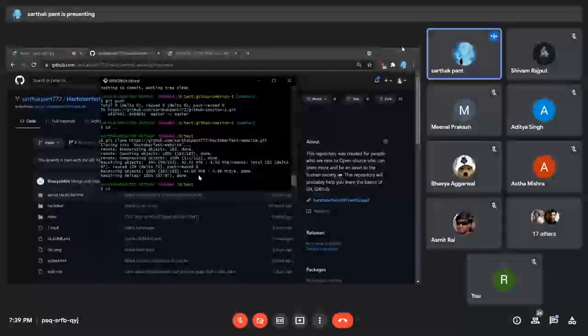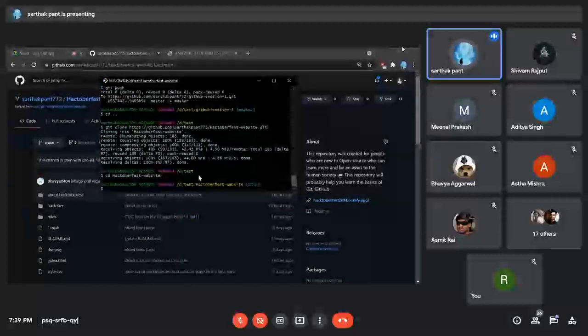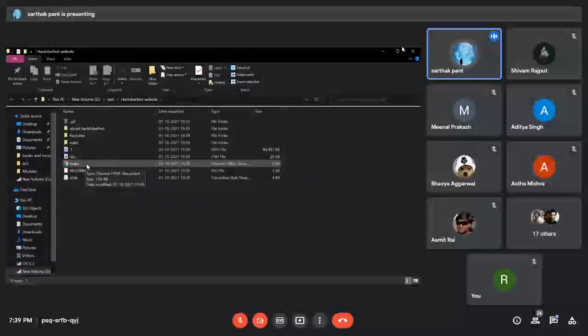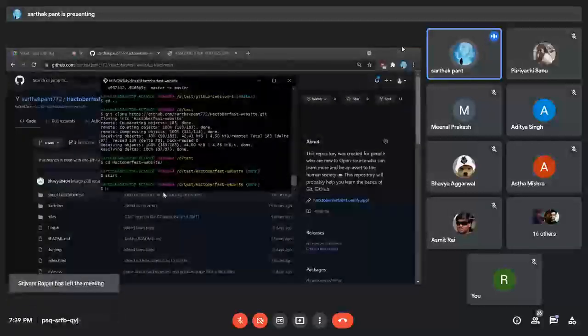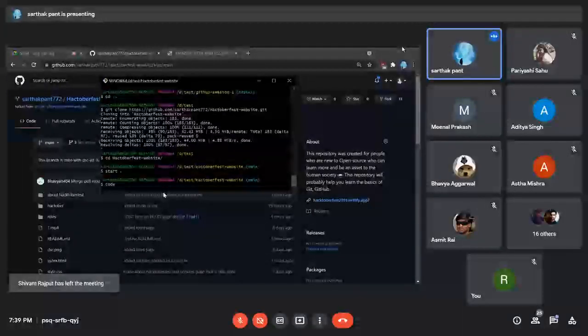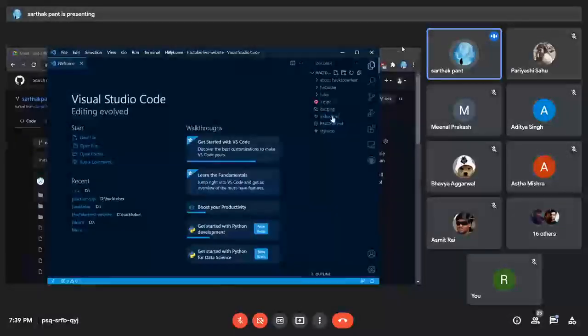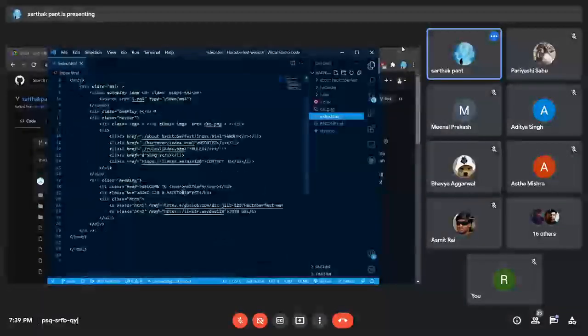So I'm gonna go to that directory, and this command would only be for the users who are using VS Code. Otherwise, what you can do is start dot. Okay, open this with any IDE that you have. I have VS Code, so I generally do code. And this will open my VS Code. See, it opened my VS Code within like a second.